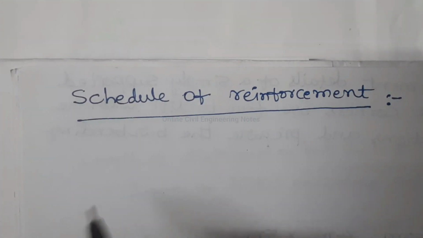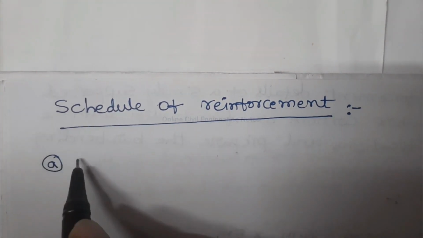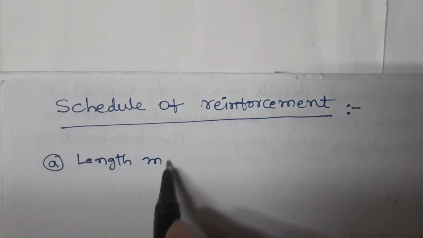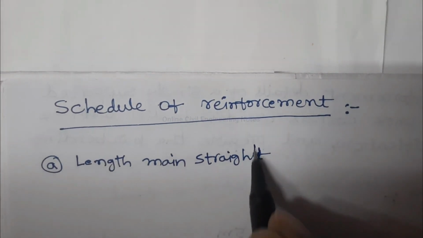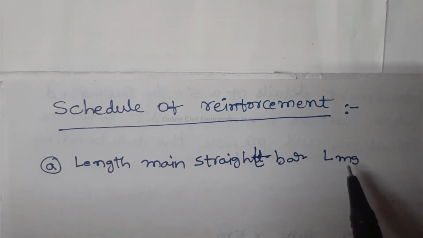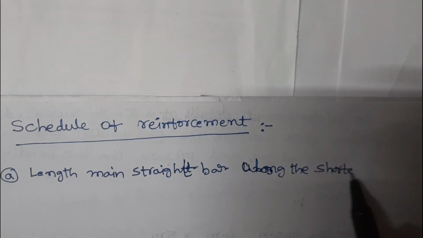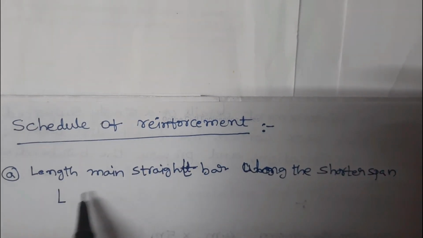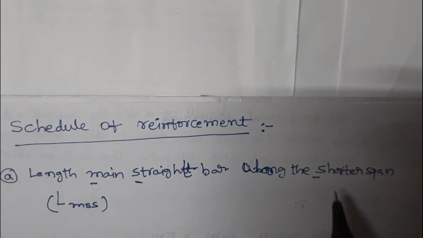First, prepare the schedule of reinforcement by calculating the length of main straight bar, main cranked bar and straight hanger bar along the different spans. Length of main straight bar. So A is the main straight bar. We have to calculate length of main straight bar in shorter span. So along the shorter span, it is LMSS, length of main straight bar along shorter span is equal to,